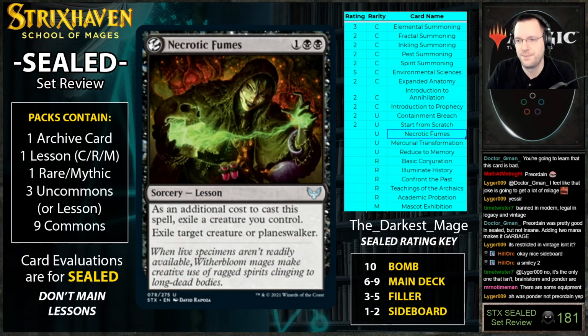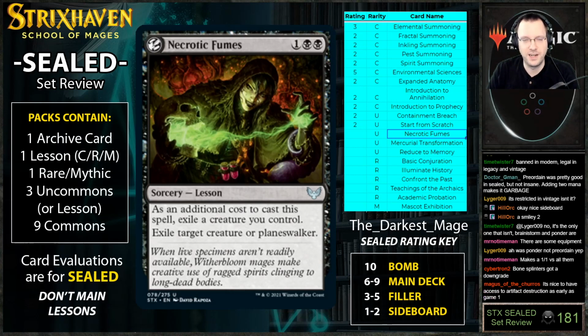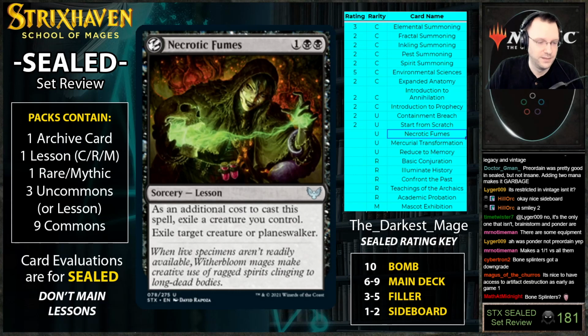Necrotic Fumes. As an additional cost to cast this spell, exile a creature you control. Exile target creature or planeswalker. Okay, I'm going to put this as a 3, just because, like, Bone Splinters is a card I almost never run. Village Rites and Bone Splinters are types, which were, like, actually, Spark Harvest you always played. I don't really want to compare to that. We're going to compare it to Bone Splinters,